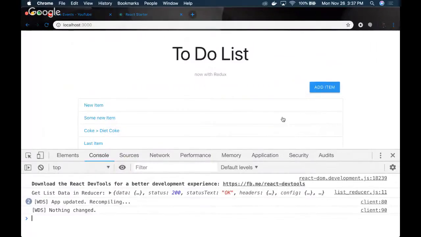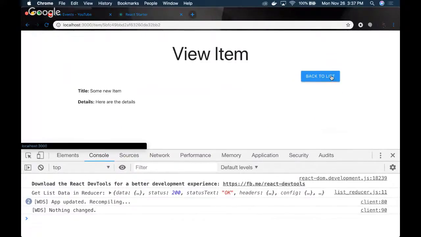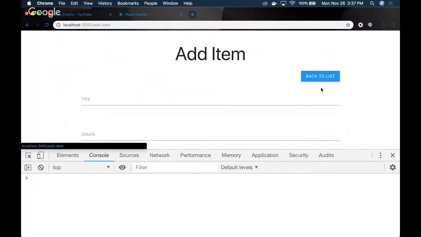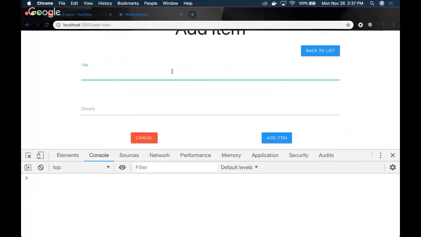If we run our app, it mostly looks like it's working. We can see each item. We can see our list. However, if we go to add item,